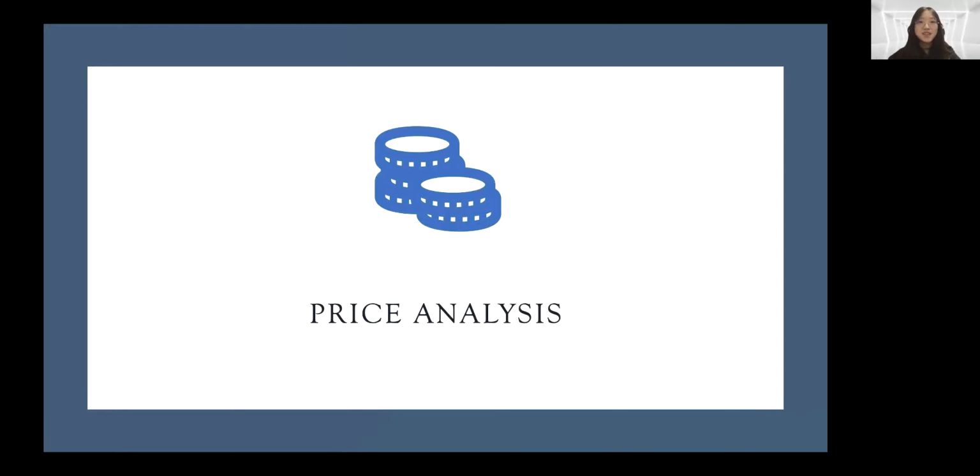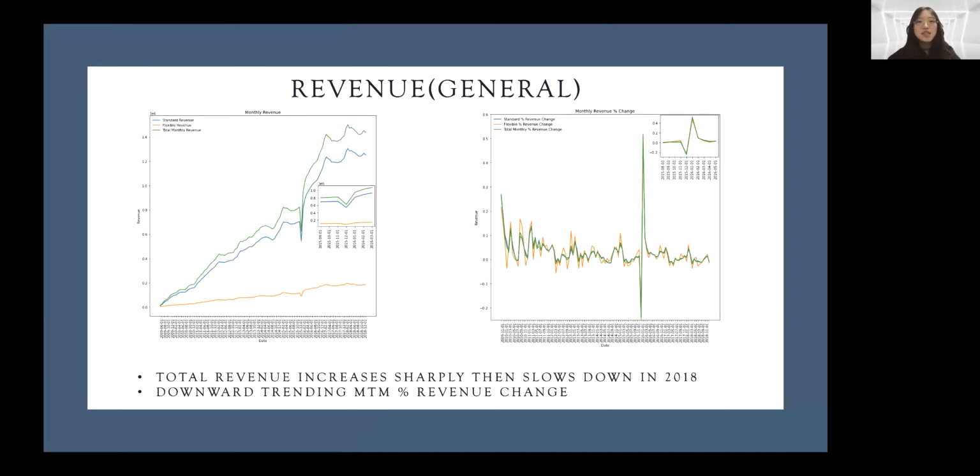Before I begin with our price analysis, it's worth taking a close look at the OC&Gym's past revenue. As we can see from the monthly revenue chart, the total revenue drops right after the price increase, but recovers sharply. Then it shows a sign of slowing down in 2018. Further, if we take a look at the percent revenue change plot on the right, we can see that the revenue growth has been on a downward trend since the price was increased, which requires a further analysis to find